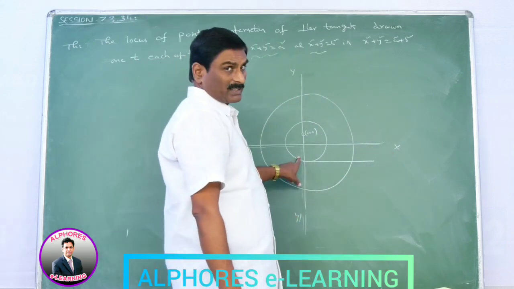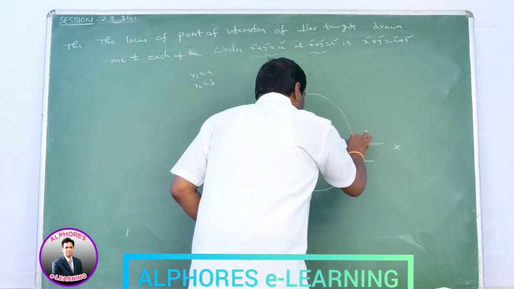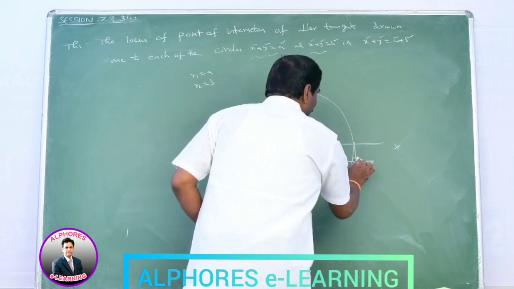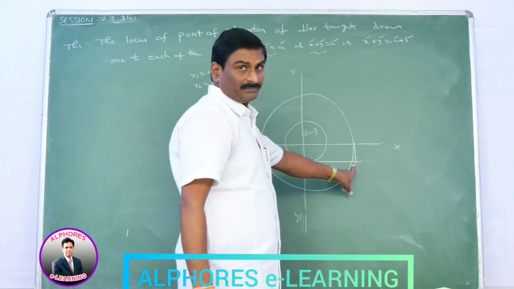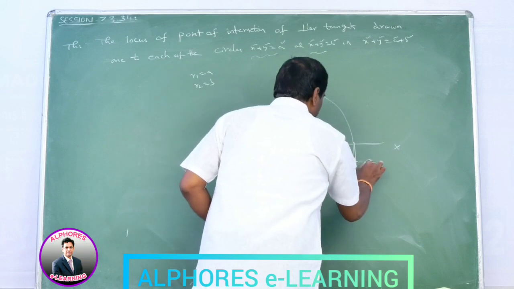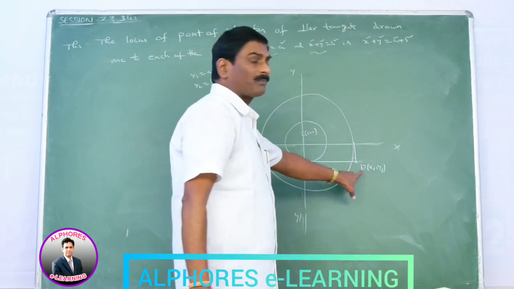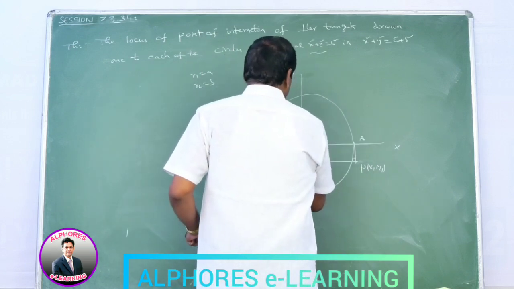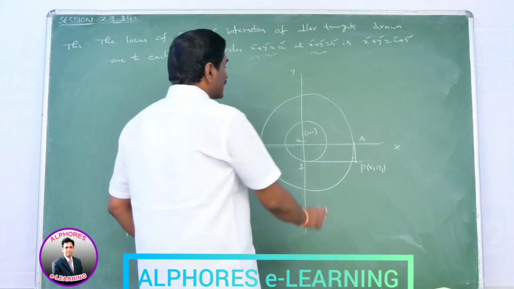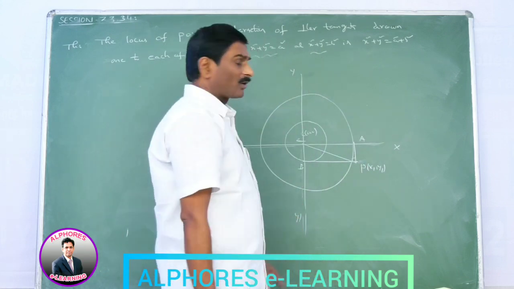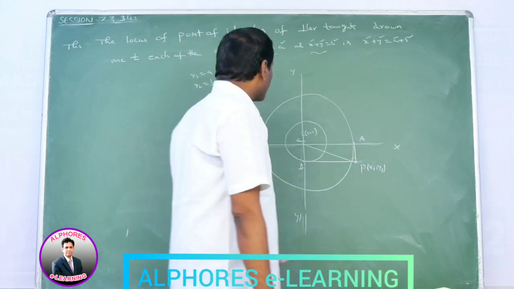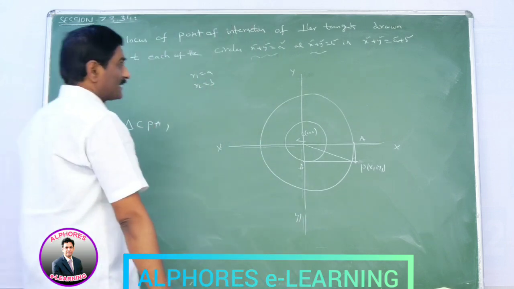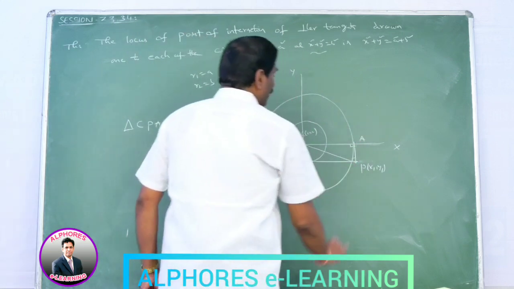This is the tangent to the small circle, x square plus y square is equal to a square. Next, the tangent to this circle is in this way. The two tangents are intersecting at a right angle. Now we find the locus of this point P(x1, y1). Say the center is C, this is A, this is B. Join CP. Now we find the locus of P(x1, y1). From the triangle CPA, please observe this triangle. CPA, it is the tangent, that means this angle is equal to 90 degrees.